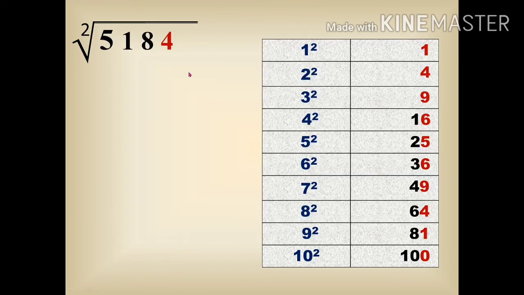So here we are having a number 5184. In the units place we are having 4. If a number ends in 4, the square root of that number will either end in 2 or 8. So there is a chance for getting 2 or 8 in the units place. So let us write. Next we have to skip the number up to tens place. So the remaining number we have is 51.